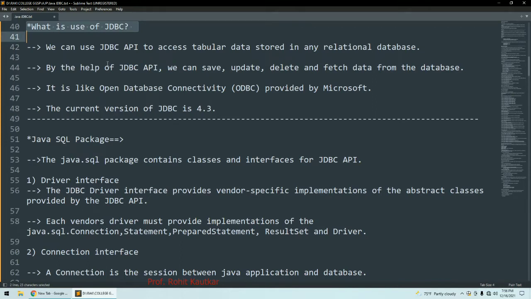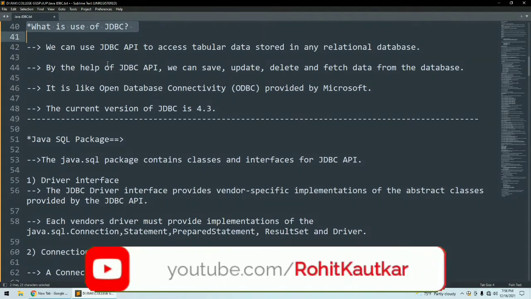That is the tabular data. So if you are storing your data in any relational database, then the JDBC API will help you to access the tabular data from your database.